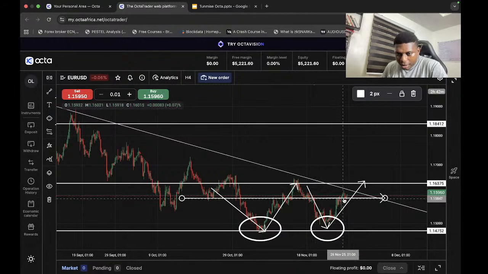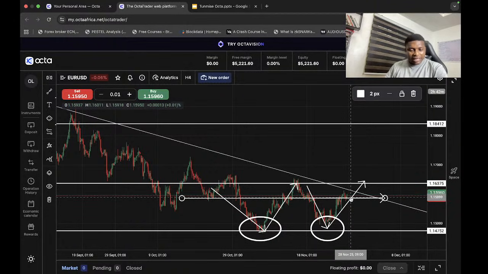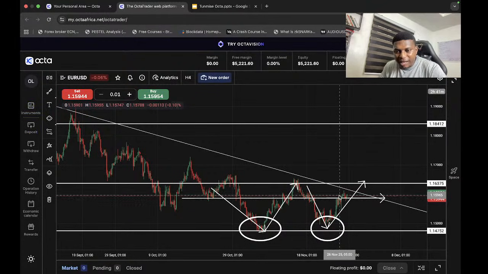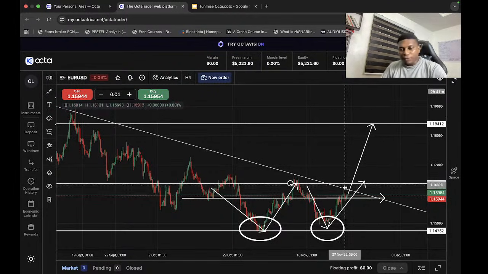Same here. Now we are expecting that this level will serve as a minor support zone. As a minor support zone, it will definitely push price up, because at the support zone is where demand is being created. Okay, so buyers are looking to buy at those support zones. So when we target the minor support zone as a zone that we should look to buy, then we can also say if we buy from here, then our target level should not be far-fetched from here. So if we buy at this level, our target level should be